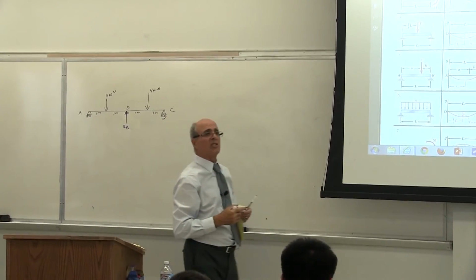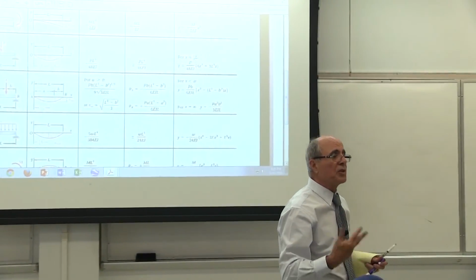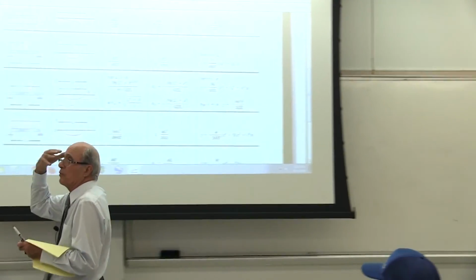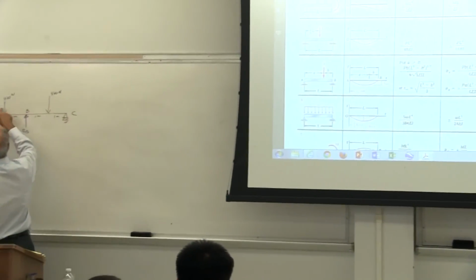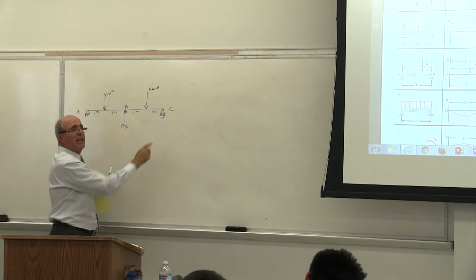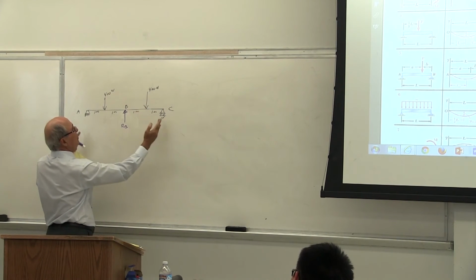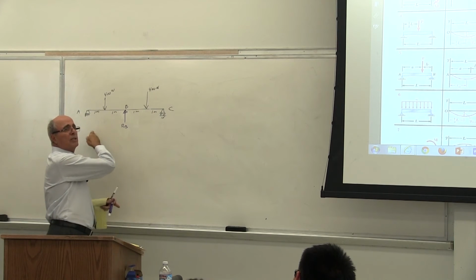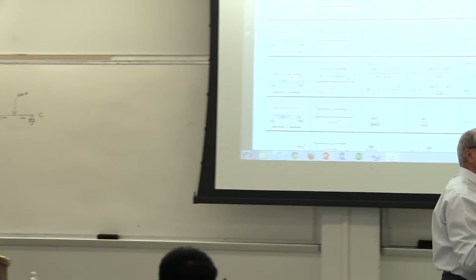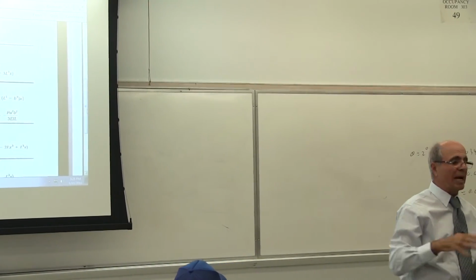If somebody comes and suddenly tells you RB equal to 100 Newton, is the problem solved? Look, you have to look at the statics of the problem. This is 400, this is 400. If this is 100, it doesn't need a genius to find out what A and C are. Is that correct or not? If I say this is 100, the remaining is 700, which is symmetrical, so 350 goes there, 350 goes there. Yes? So suddenly the system goes from indeterminate to determinate. The question is, what is RB? Yes or no? So that is your criteria.